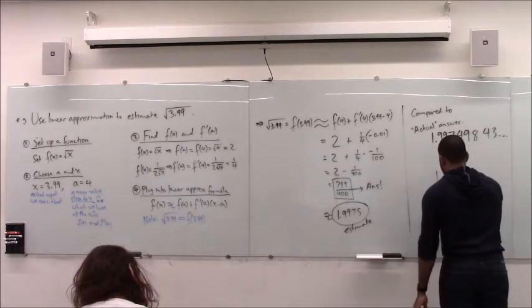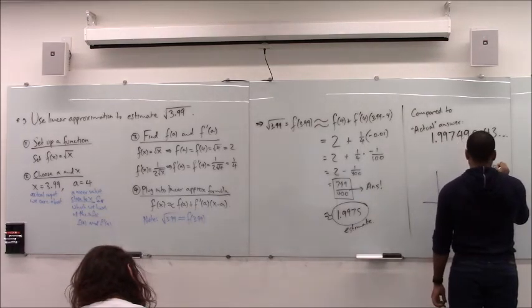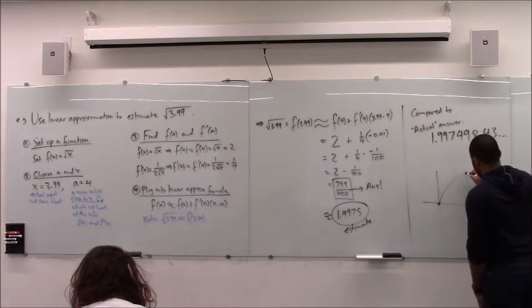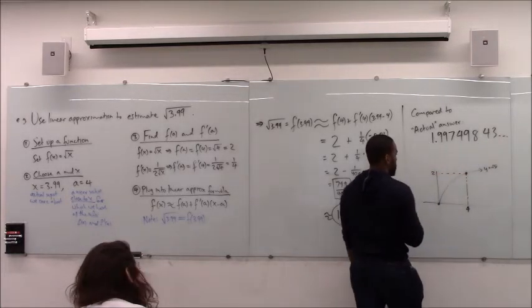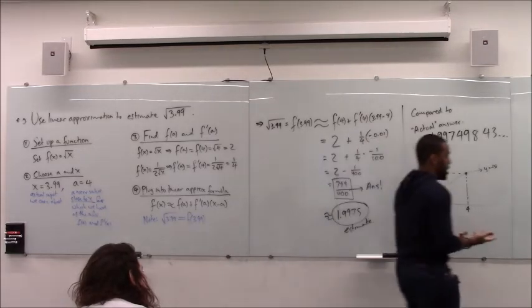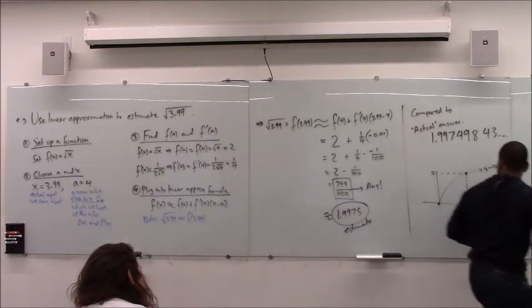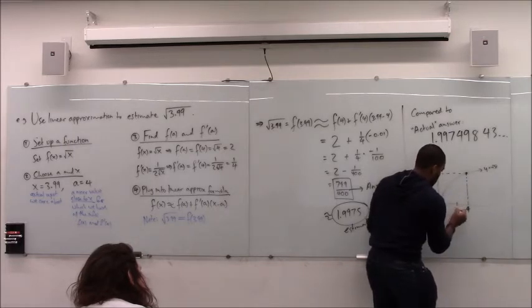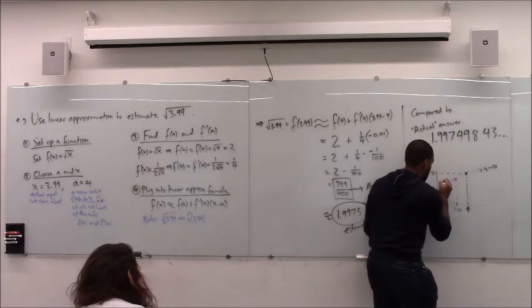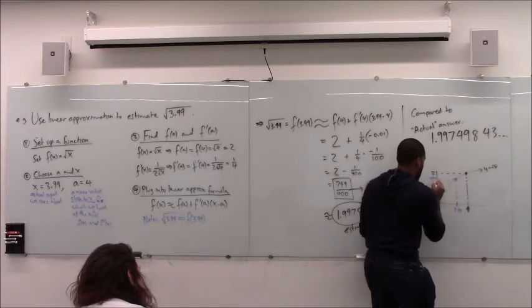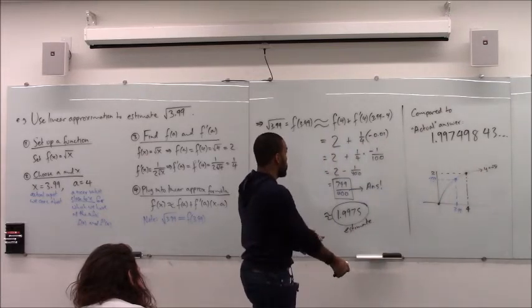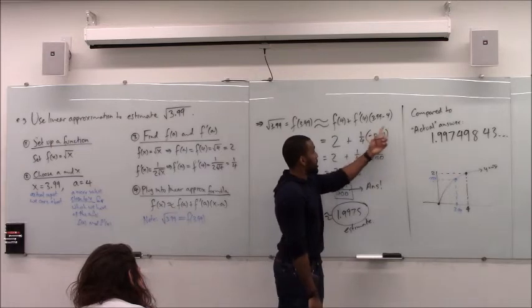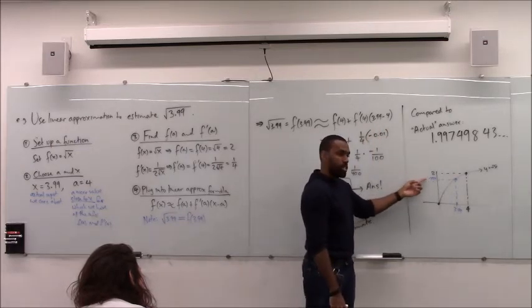There was a function, square root of x. And I knew about one point on that function. Specifically, I knew when I was at 4, the output was 2, right? And then there was some other value close to that I cared about. So there was a point over here, 3.99, and what that was, I had no clue. And without actually going through the square root function, in fact, I used the equation of a straight line